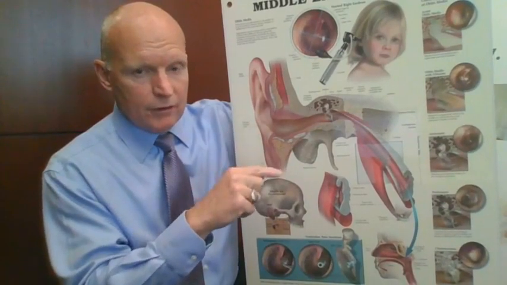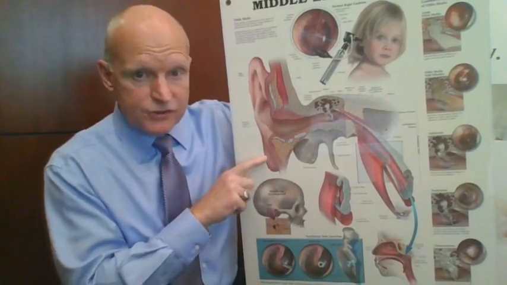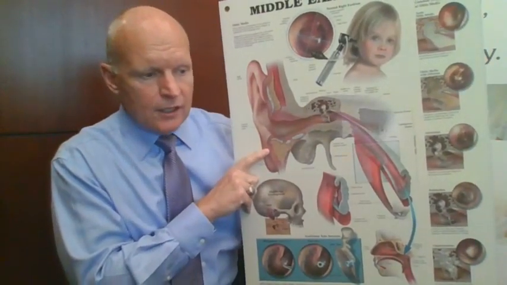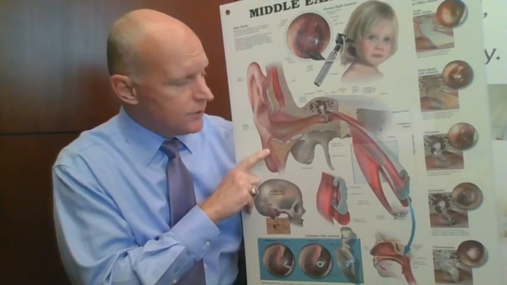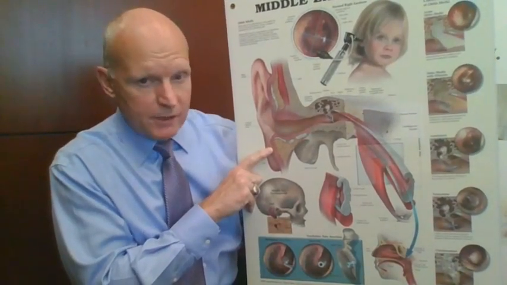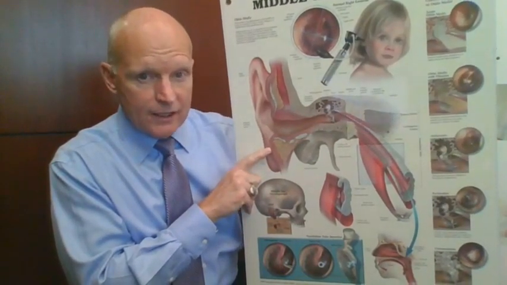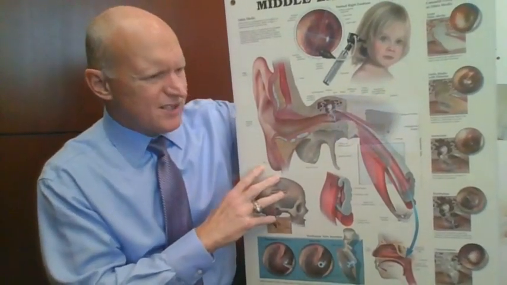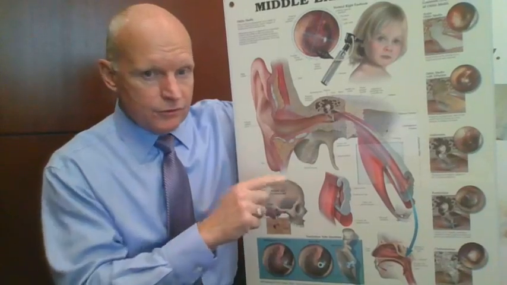And during their developmental years, we worry about hearing loss causing speech delays. So one of the more serious issues that we deal with in relation to eustachian tube dysfunction is hearing loss and speech delay. And if you don't address that early on and the children get behind in their speech development, it can be hard to catch up later on. So that's one of the more important reasons to do ear tube surgery.